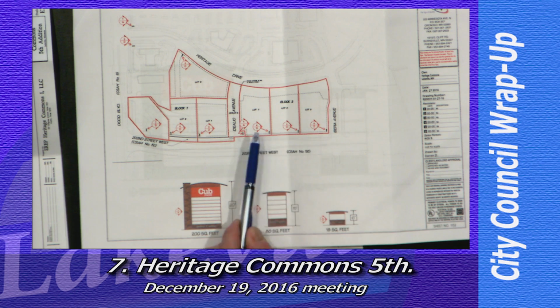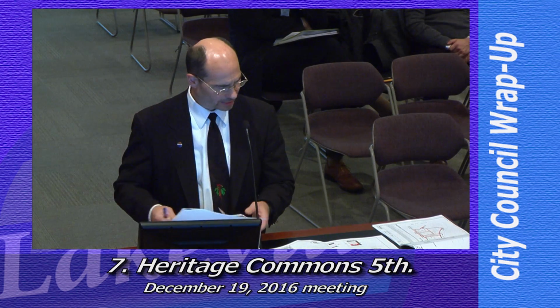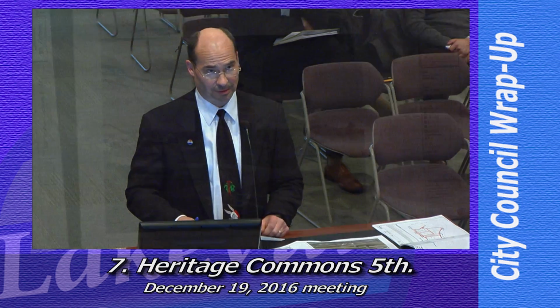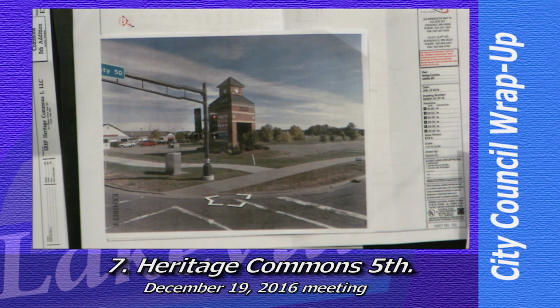Now, each of the individual commercial lots will have a small monument type freestanding sign identifying the business on each of those lots. The main component of this, however, which is requiring the modification or the PUD amendment, is the freestanding development related signs. The proposal is to remove 3 of the existing signs that are out there right now and replace it with 3 others. The 3 signs, just quickly: the clock tower sign that's right on the corner of 50 and Dodd,